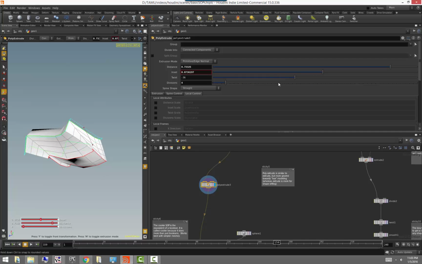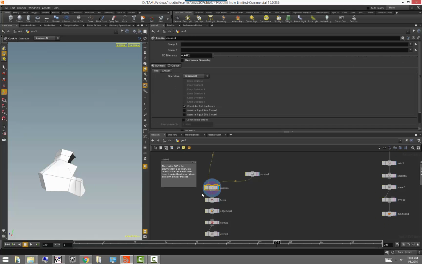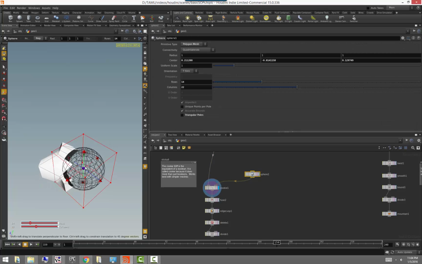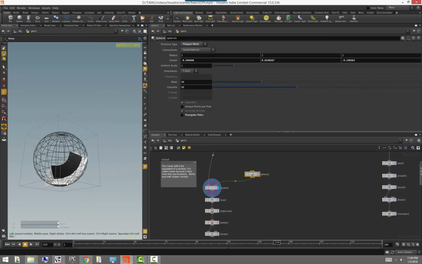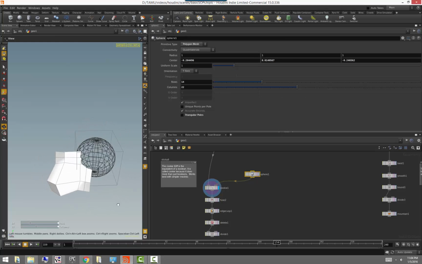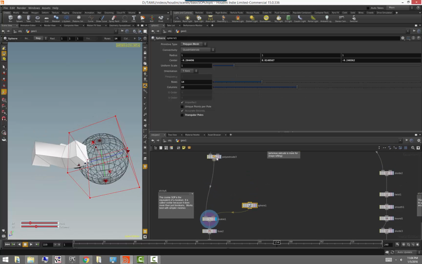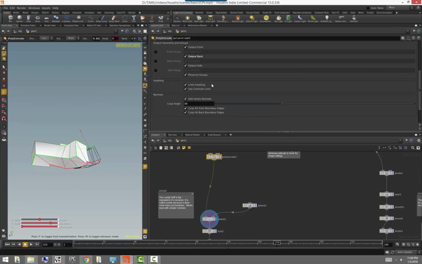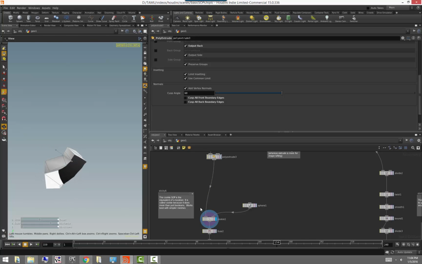So if we reduce our divisions here, just work with a very simple mesh, maybe keep our inset at 0 so we don't have too many crossing polygons, you notice that the cookie will generally be a little better behaved. Again, it's one of those operators which can sometimes cause problems, but when used carefully, can actually be very powerful. In fact, I think part of the reason we're having difficulties here is because of the cusping. Let me turn it off. Nope, still a little bit problematic, but